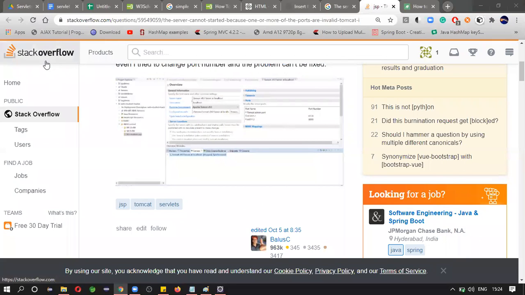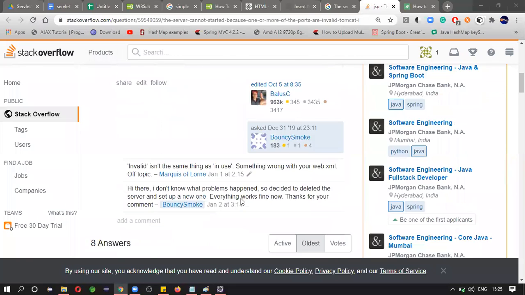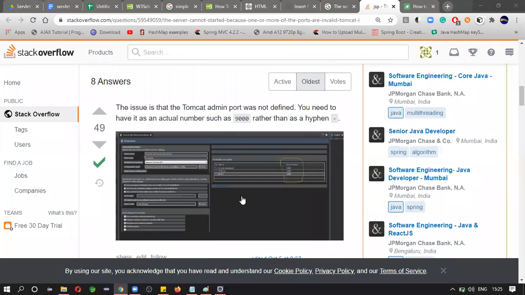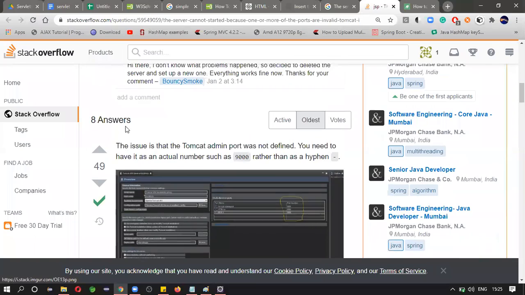In the real-time industry, most of the people will use Stack Overflow. Here you will get all the application development related questions. Okay, most of the times you will find the answers here. See here, if you see any tick mark like this, then this is the right answer, which is selected by most of the people. Okay, this is voting. This is upward and this is downward. If something is not for you, some suggestion. See, 8 answers are there.